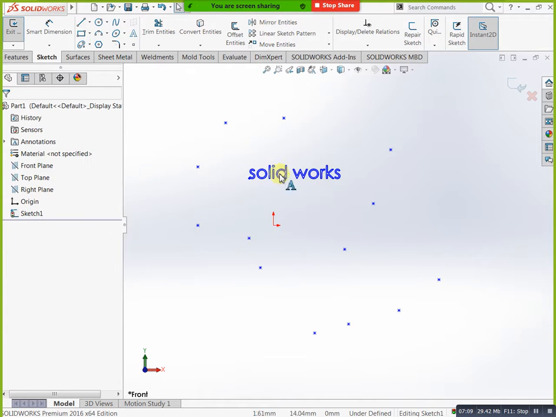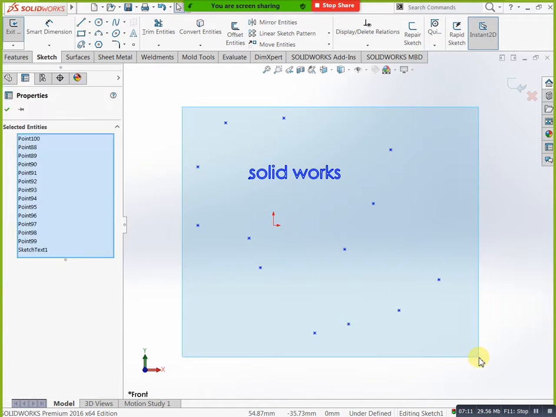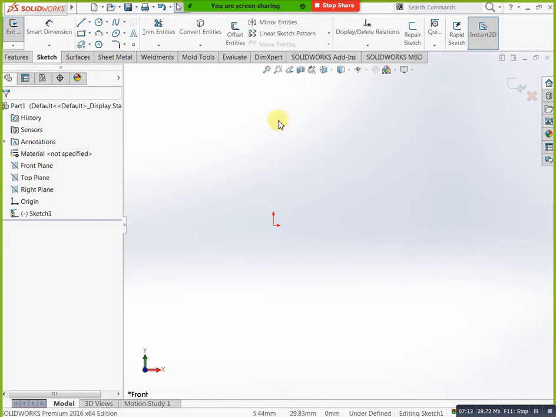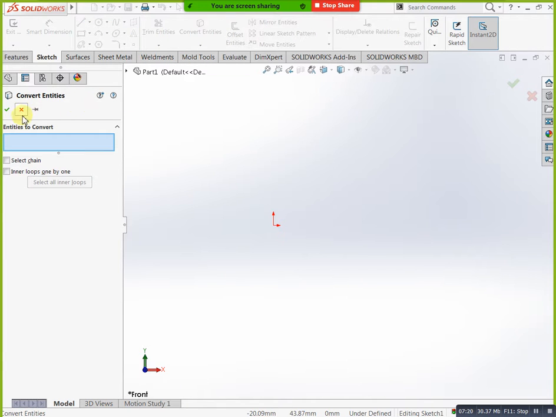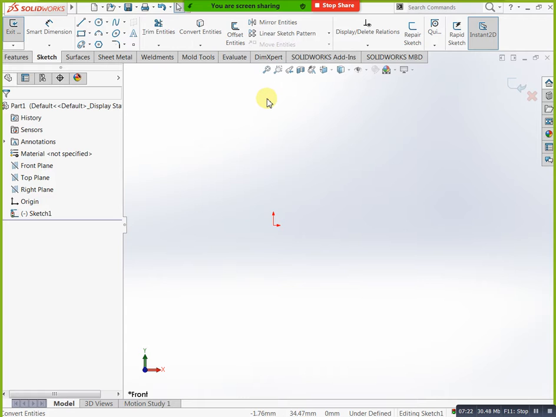Next, we have trim entities, convert entities, and at the same time offset entities, mirror entities. What does all this mean? First of all, we will discuss trim entity. Why are we using trim?